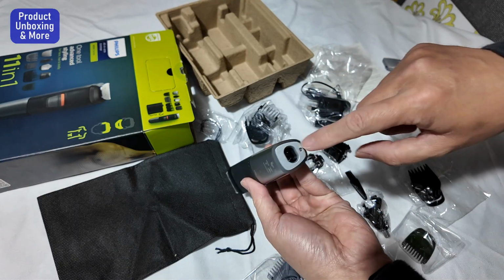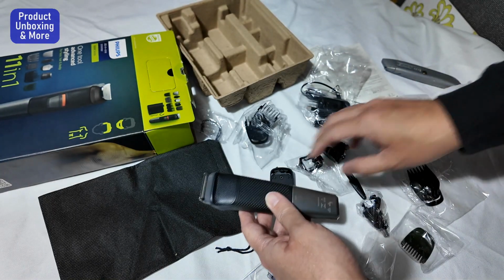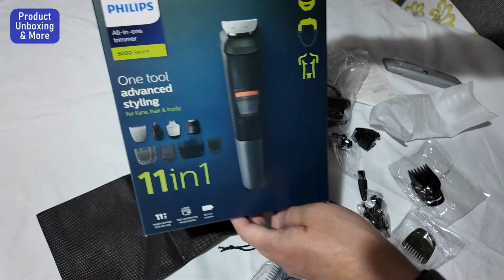Then you can use the charger in this port. Okay, that's it. This is the Philips 11-in-1